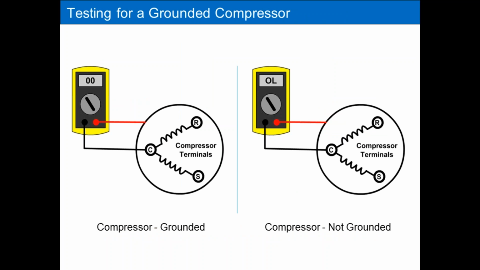And while you're at it, you can also do a quick check for ground. Generally, if it's grounded, you would have known it by now, because every time you plugged it in, it would have blown a circuit breaker. But while you're doing these resistance checks, do a quick check for ground. Go from the body of the compressor, usually the suction stub, connect to the suction stub with one of your leads, and then go to all three terminals, and you should read infinite resistance